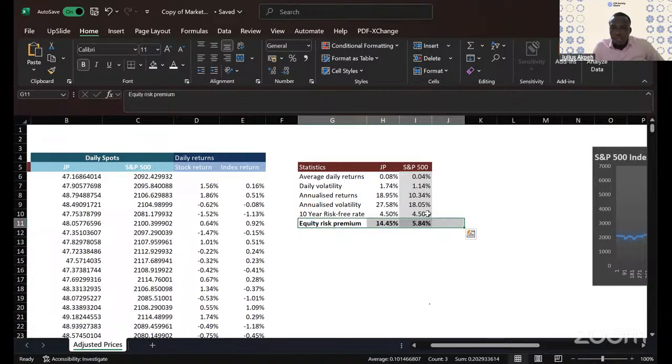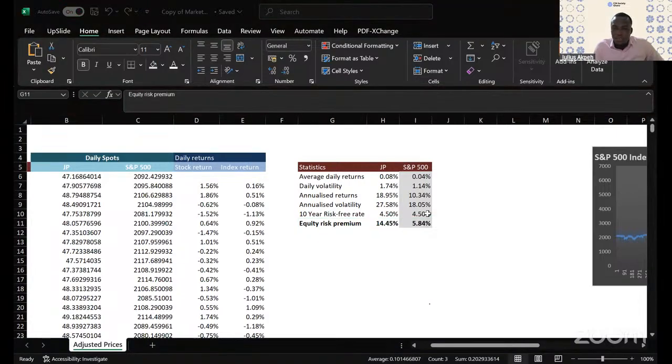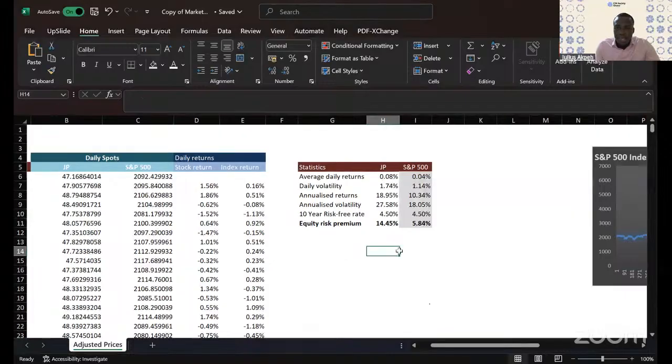Someone asking a question, that means it will be negatively correlated to market risk. Not necessarily negatively correlated to market risk. Let's check it out and see whether there is a negative correlation. We know that